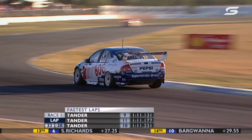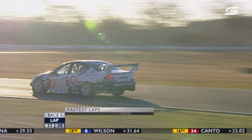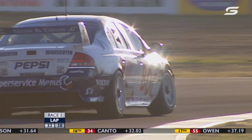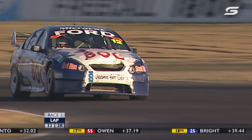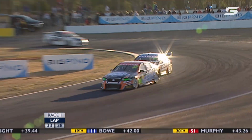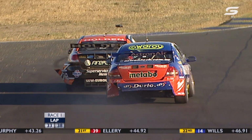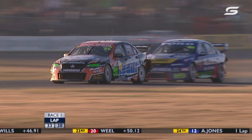Yeah, Neil, they're looking at that gap too, Toll HSV. I just spoke to Tander's engineer, Matty Nielsen. He said, yeah, the times are a little erratic at the moment. We're just telling him to keep his head down and focus and bring it home for the win. And in this particular sector that they're on at the moment, he's actually gone punch for punch with Mark Scaife time-wise. So a bit of damage here on the back of Greg's car,